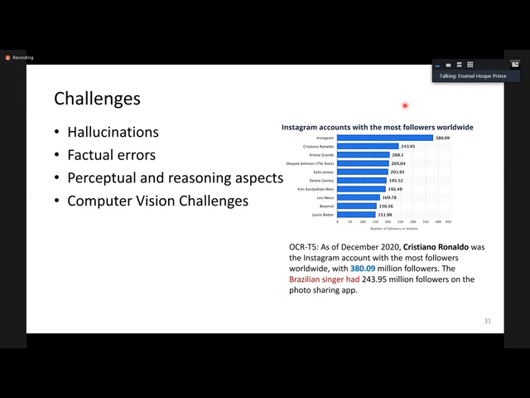Another problem is the computer vision challenge. Sometimes it cannot extract data values correctly. So that's something that we need to improve in the future. But I will stress here that while these examples show some errors, we also saw many examples that were quite impressive in terms of generating good summaries from the chart. So we really feel that there are lots of opportunities and applications of this task of chart summarization.